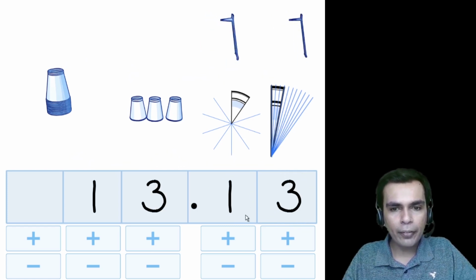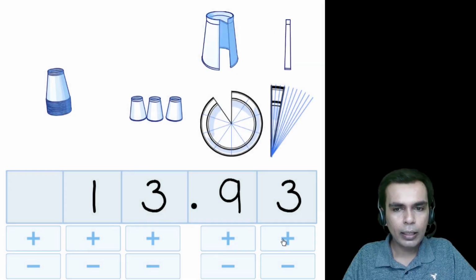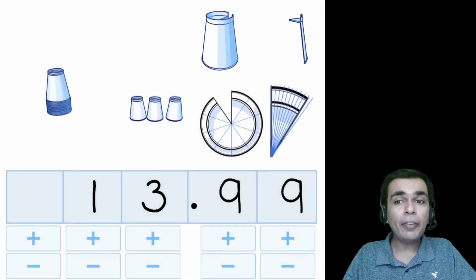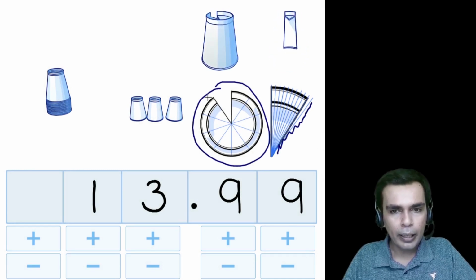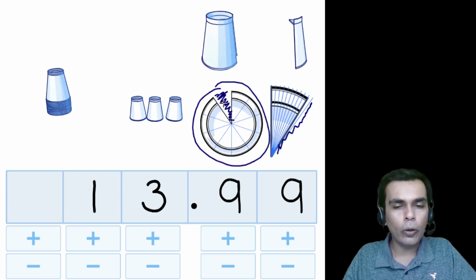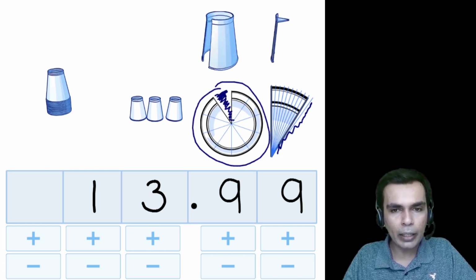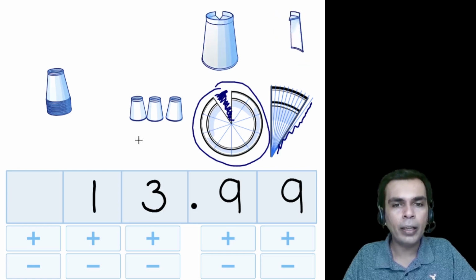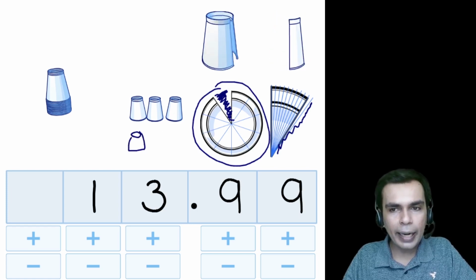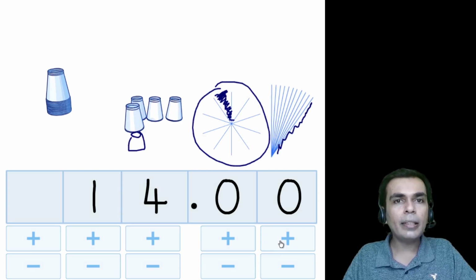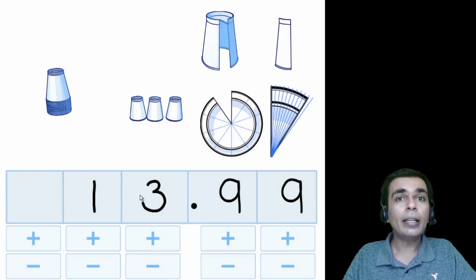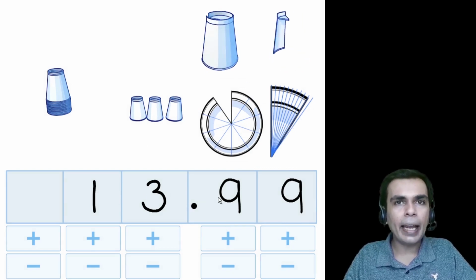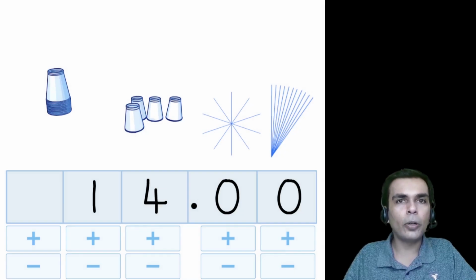Also, let's say this were 9, and this were 9. Now imagine if I add one more of the hundredth, one small piece, this will become an entire whole, because this one more will be 1/10, the 1/10 will fit in here, and the entire thing will be filled, and I'll have one more cup. So see, just adding 1/100th makes it 14. So this is 13 and 99 hundredths, one more hundredth, it becomes 14. So I think this should be clear and this should help you.